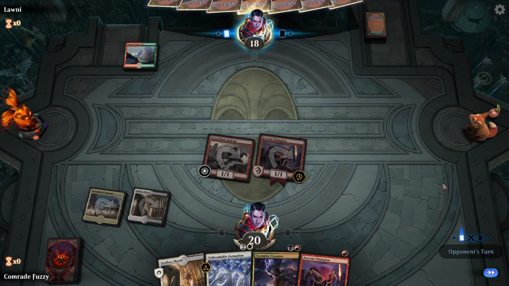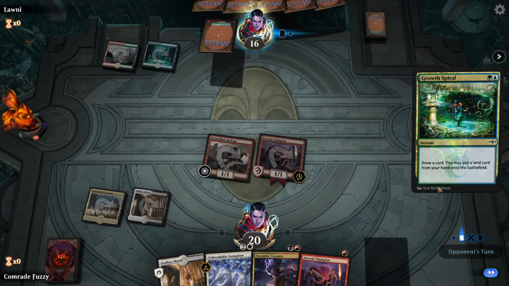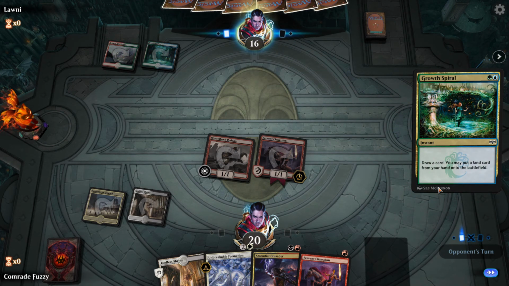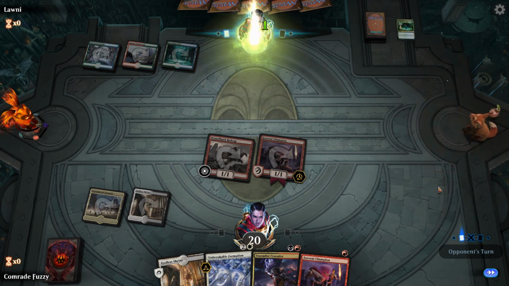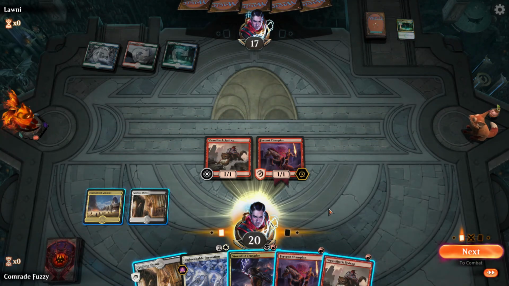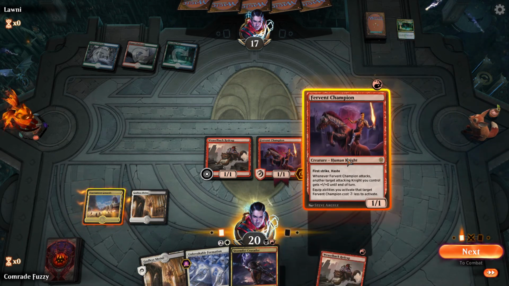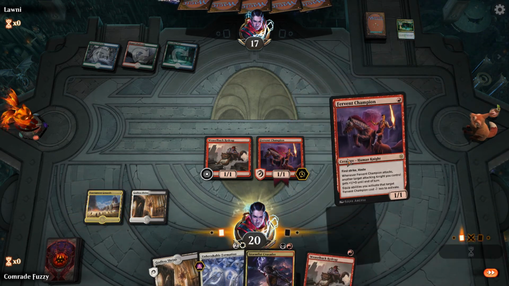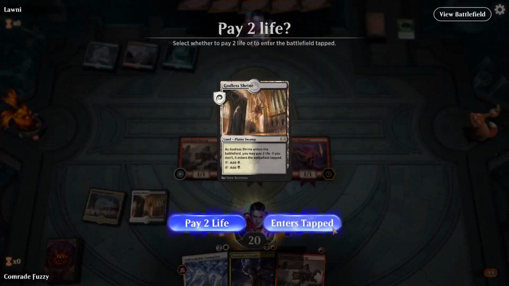I wonder what sort of deck this is. If we're up against Gruul mid-range, we might be in trouble. We might be up against Golos. Yeah, we're definitely up against Golos. No way we're not. So we need to be as fast as possible then. Yeah, so I'm going to play the Fervent Champion. And I think next turn we might have to